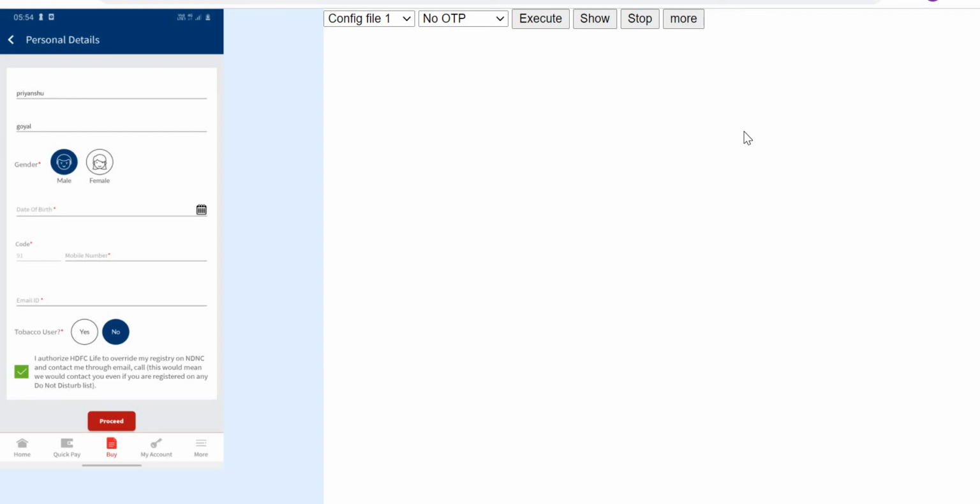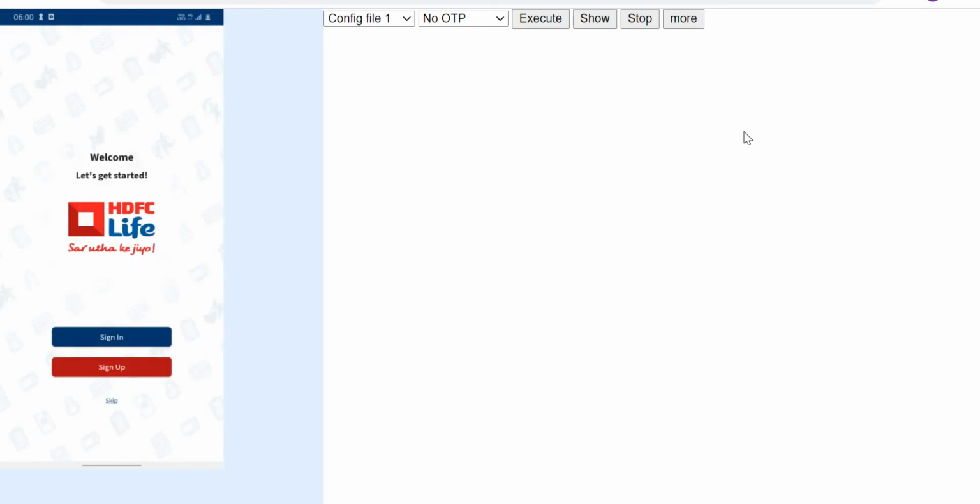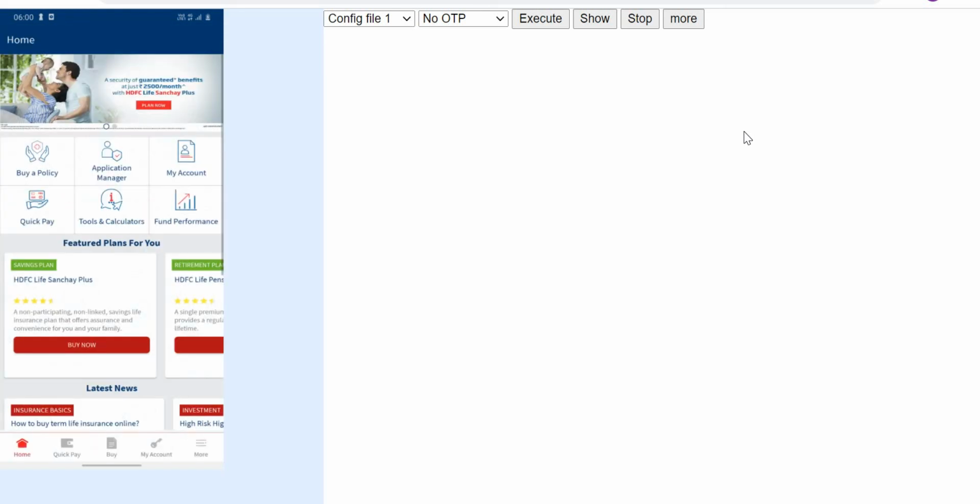Now the actual execution will start in around 20 or 25 seconds. Yeah, it has started. So this time, instead of clicking at term plans, it will be clicking on savings plans first, right?